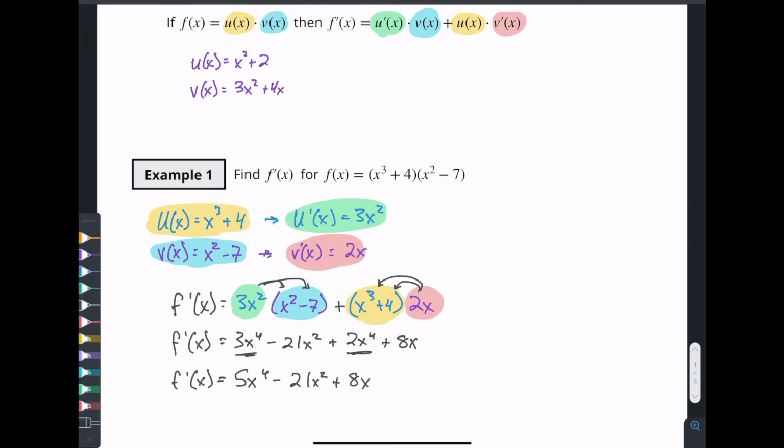Now the question is often, do I leave it there? Do I simplify? Do I try and factor it? Those are kind of personal preference questions, I say, at this point, because if you factor out an x, yes, that might make it a little bit more simple to look at. It might make it a little bit easier to look at. You could try and factor it, but ultimately what you're trying to do is find the slope at a specific